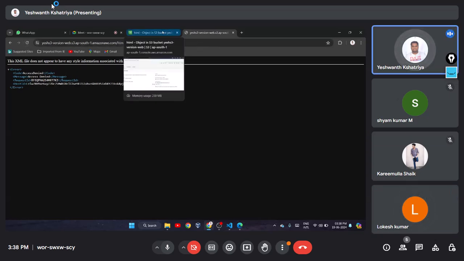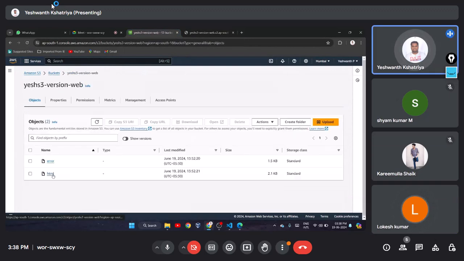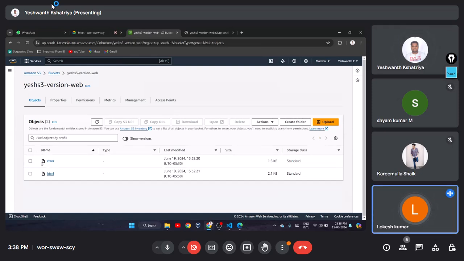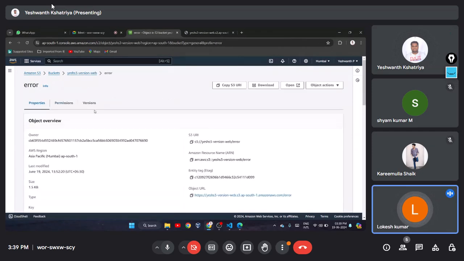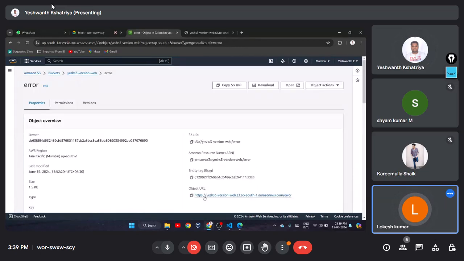Sir, but I have a doubt, sir. While creating this, we have created an error file, no, sir. That should be reflected, but it's not getting reflected. Yes, exactly, Yashwant. That is the reason why I created it, but it is not affecting. Yesterday also I tried. If I try to access this, some kind of same file is downloaded. That's okay, the file you will get, but the thing is